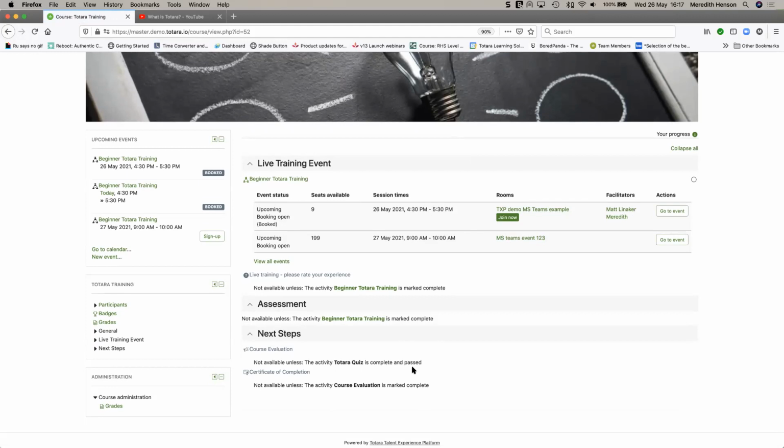And you can use that through some functionality called the access restrictions or restrict access. And that allows you to hide or even show but not provide access to, as we see here, certain activities until various conditions are met. In this case, it's all around completion or a pass on other events. But those restrictions can be based on your audience, which I mentioned.